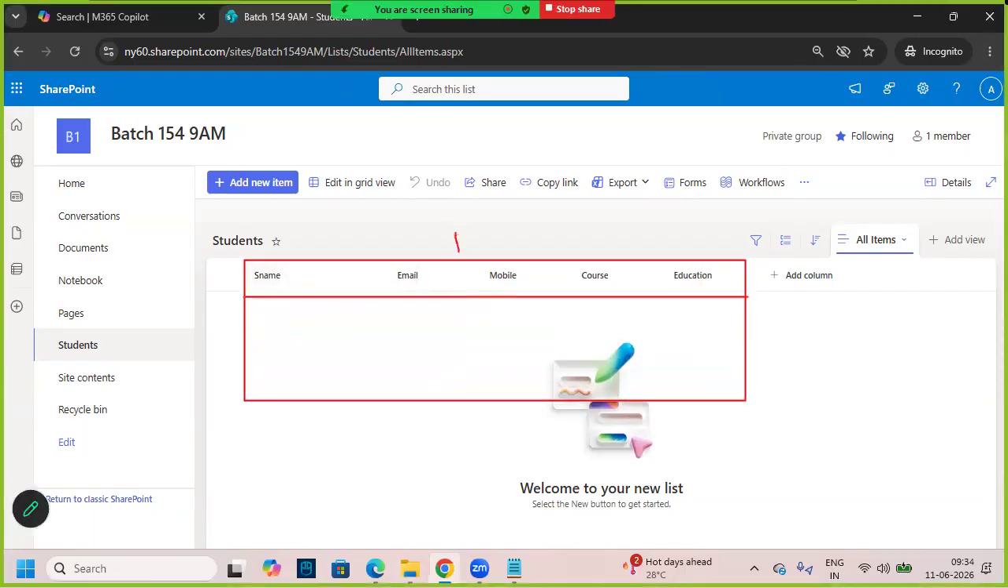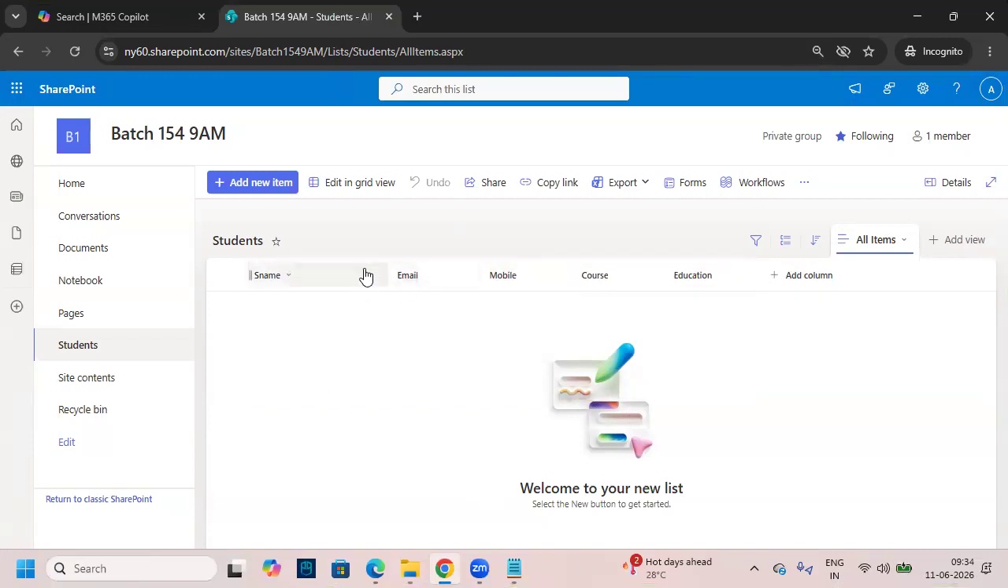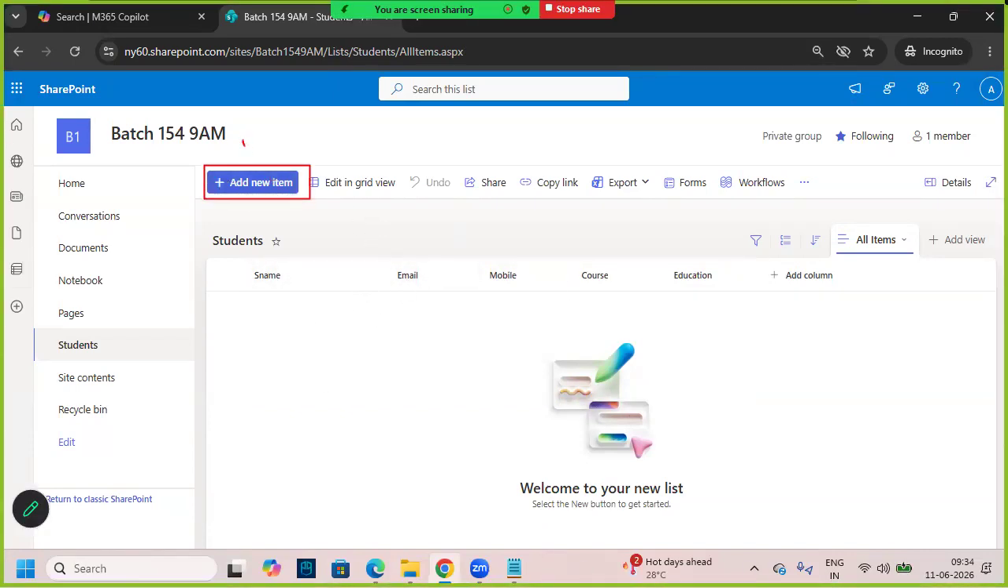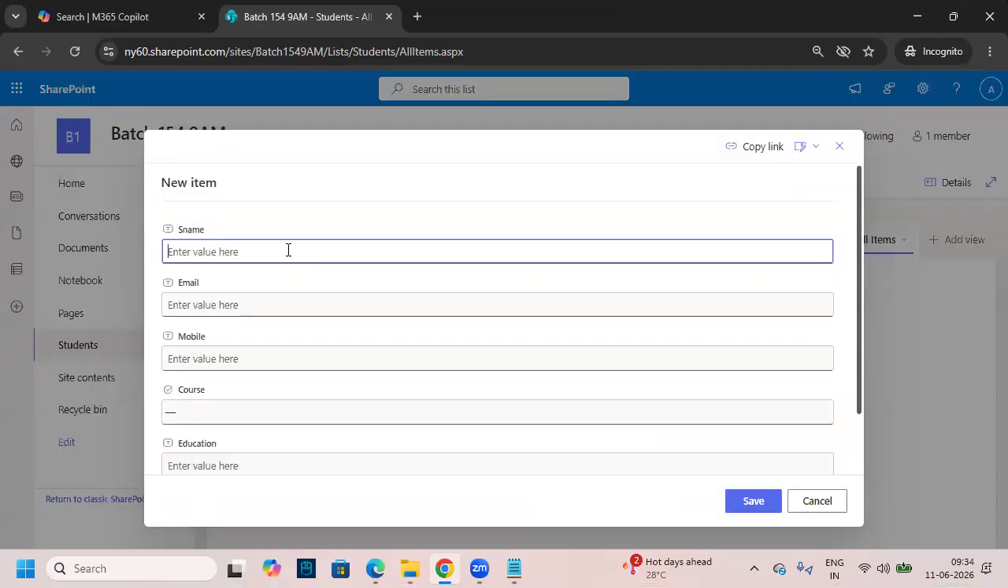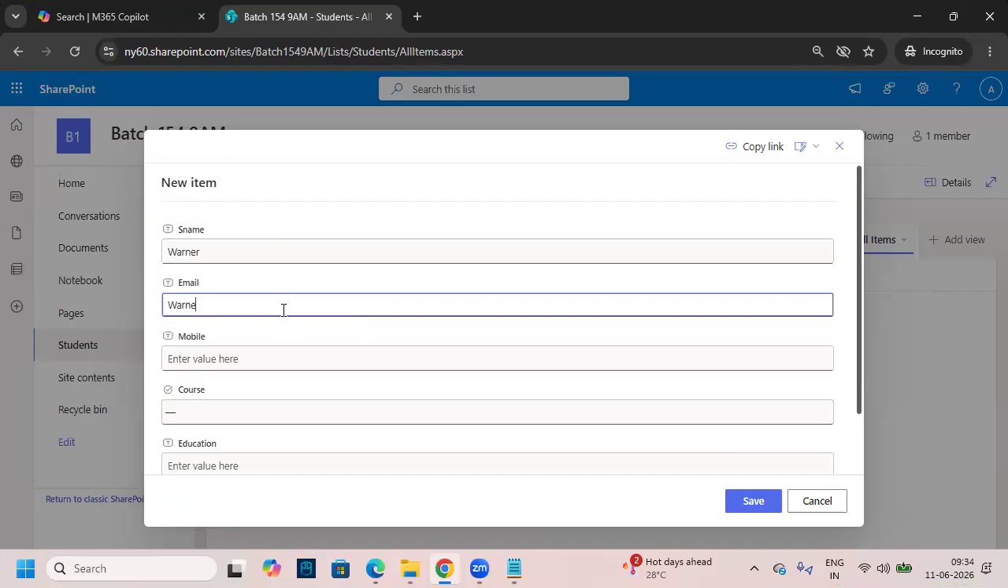Once after creating the list, now I want to enter some data. Why are we creating this list? I want to store the students' data. Now how to enter the data here? If you want to enter the data, you can see there is an option called Add new item. When I select this Add new item, it will open one form where you can enter the data. Let's take, I'm keeping the student name as Warner, student email ID, some dummy values I'm entering for now